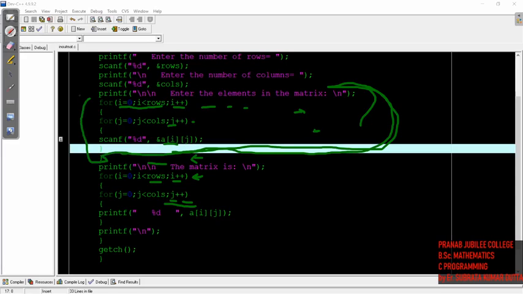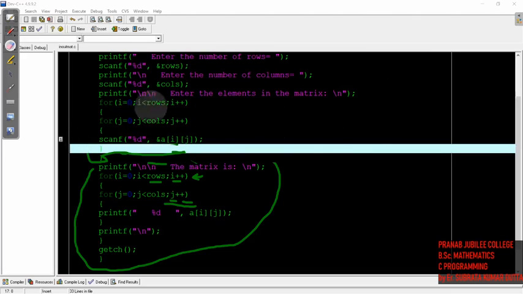Now I have to see what my matrix is, meaning the values that I have entered. I have to look at the matrix. So to output the values, we have used this portion. This portion of the program is to see what values the matrix contains, or what values I have given as input.